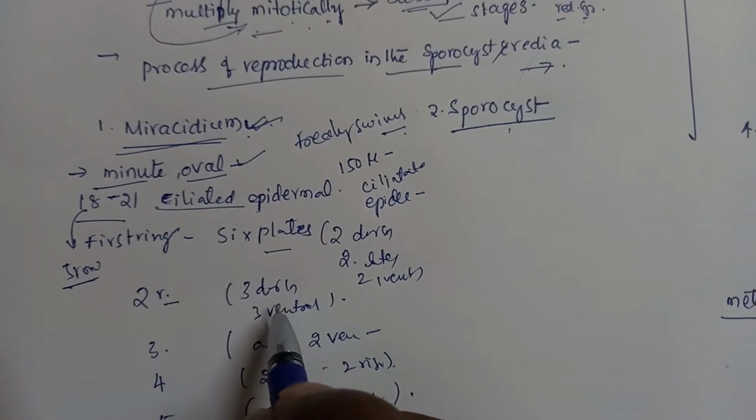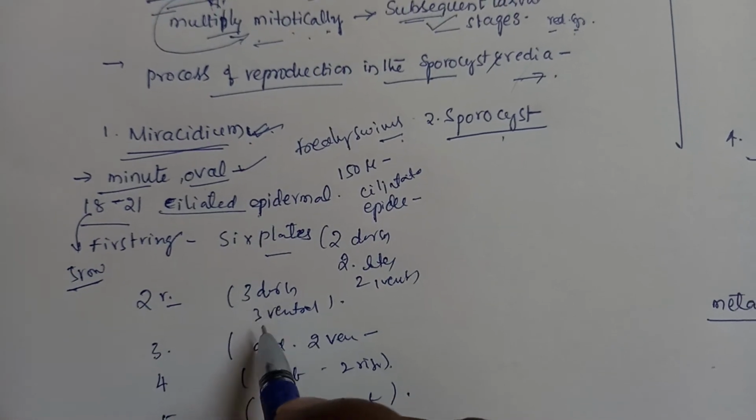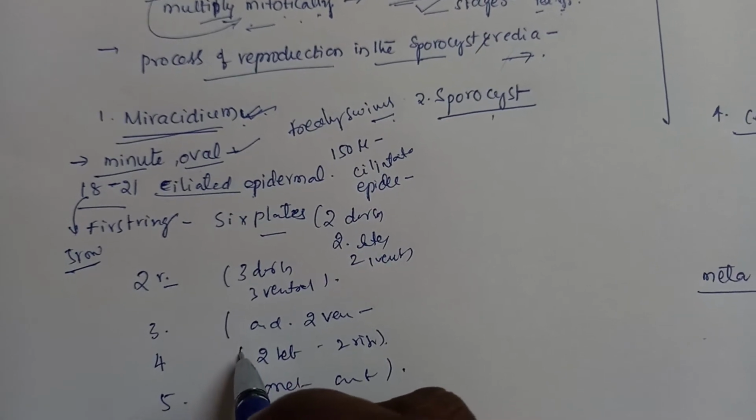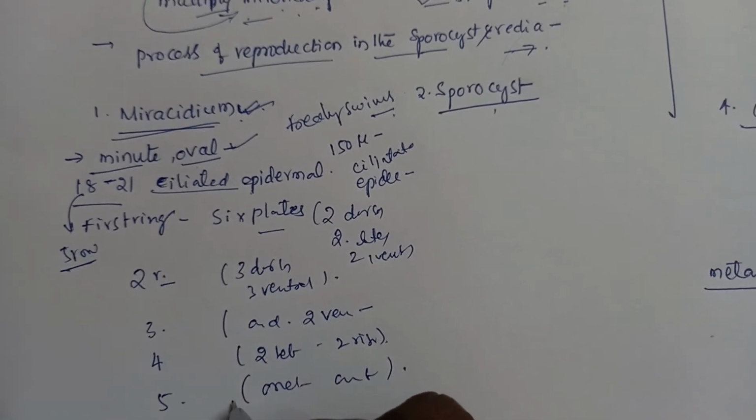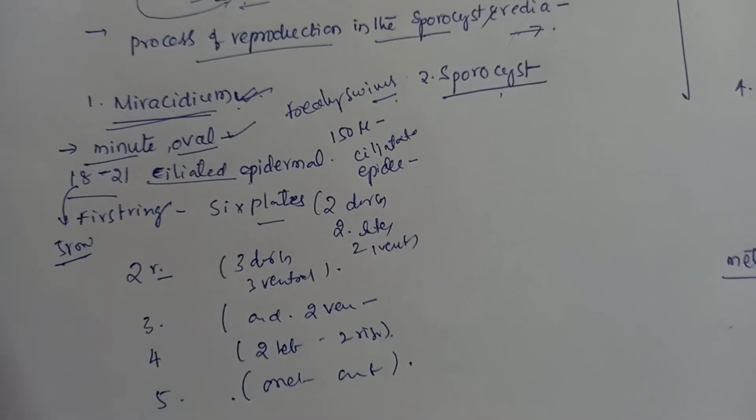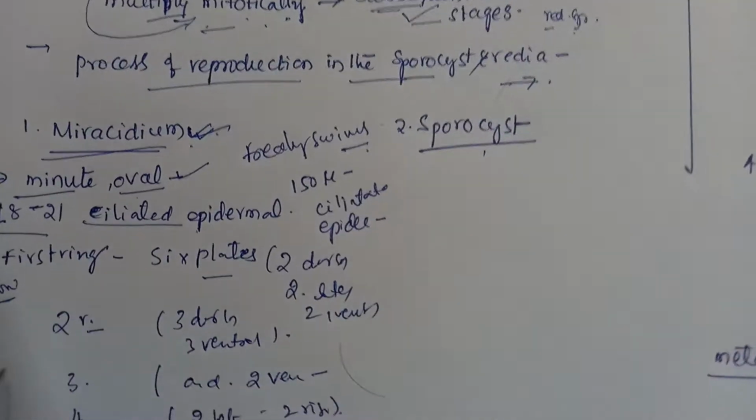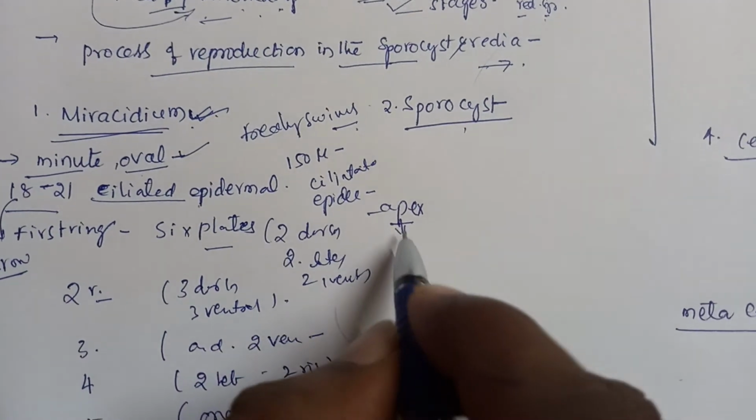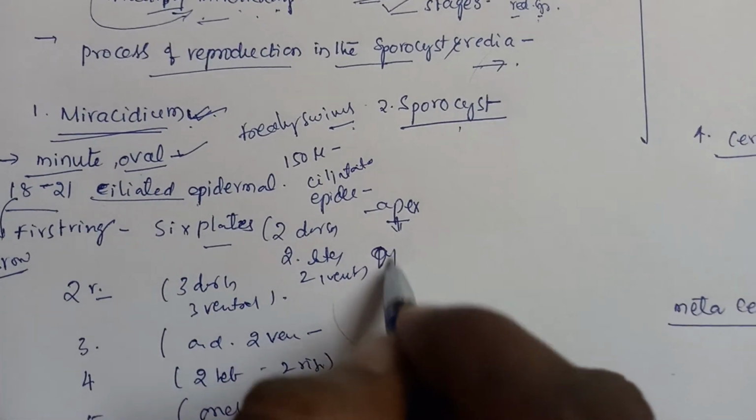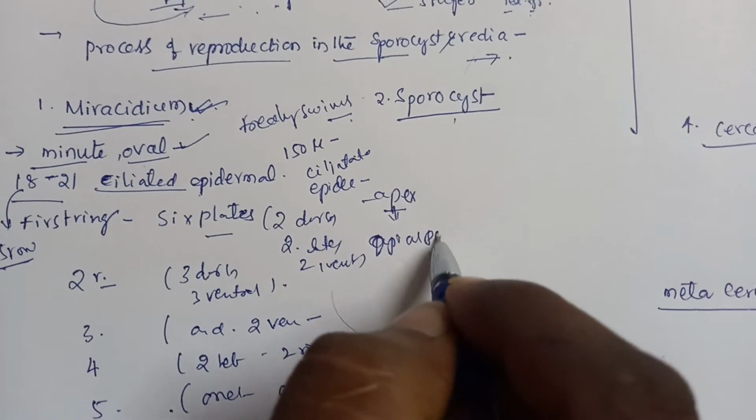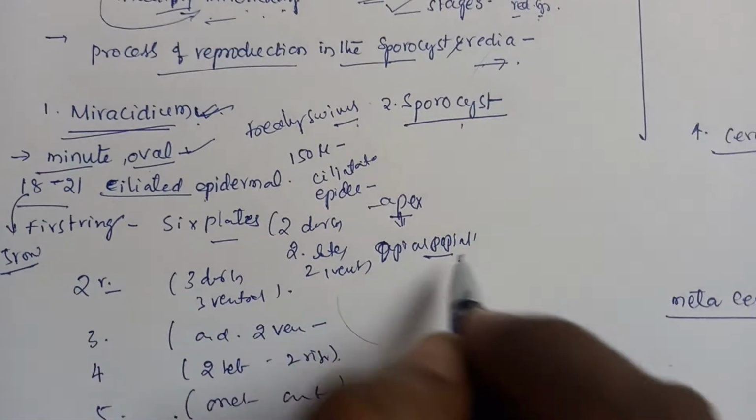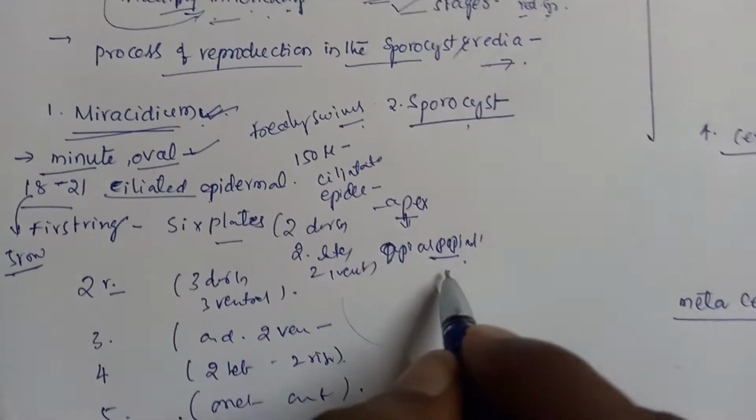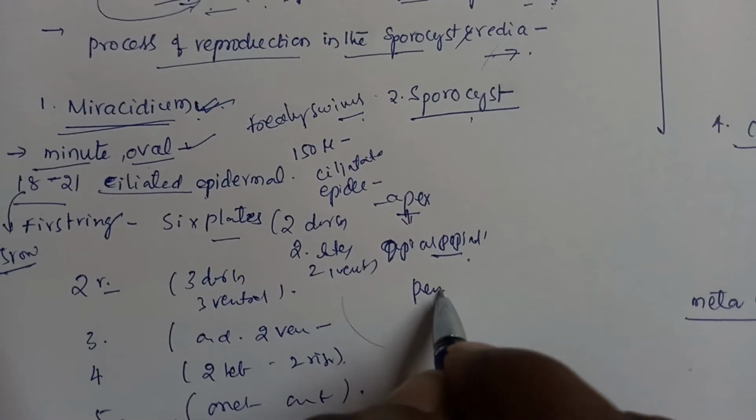The first ring contains 6 plates, the second ring has 6 plates, the third ring has 3 plates, the fourth ring has 4 plates, and the last one has only 2 plates. Apical glands are present, and these open into the apical papilla. Two penetrating glands are also present,